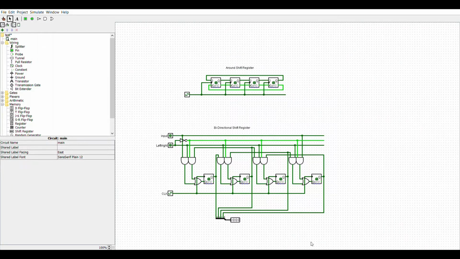Now we will be discussing round shift registers. Round shift registers are a bit different from right shift and left shift registers, because in round shift registers we have the last flip-flop's output connected to the input of the first flip-flop. So as you can see in this circuit diagram that I've made over here,